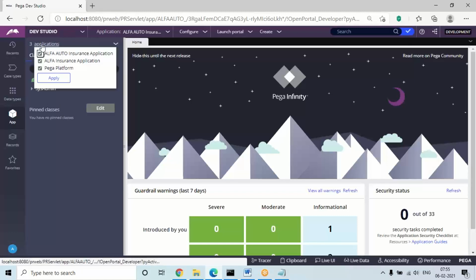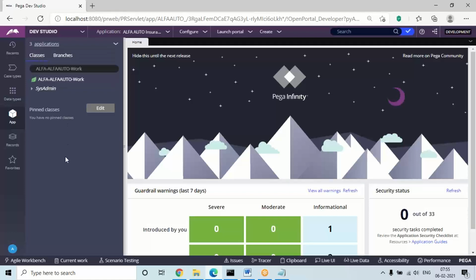Here it will show a total of three applications. The first one is the base layer. Under that we created the user defined framework, and under that we are going to design everything in the implementation application. This structure is created automatically in the backend. So base framework, under that the user defined framework, and under the user defined framework this implementation application. We are going to create everything under the implementation application.